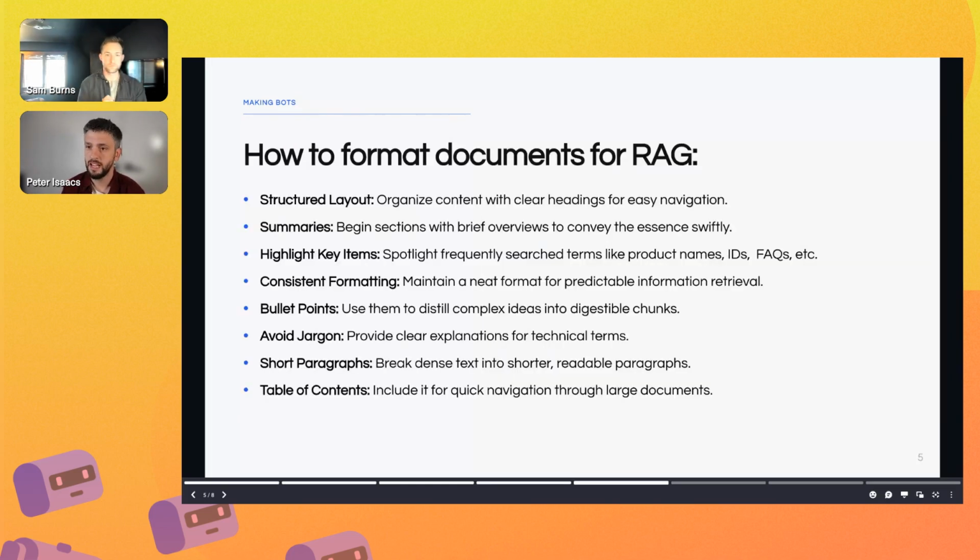Awesome. So one of the things which is really important when you are building a RAG solution is how you format documents. The reason for this is you can think of a RAG solution like this: if you can format a document that makes it really easy for a human to read,